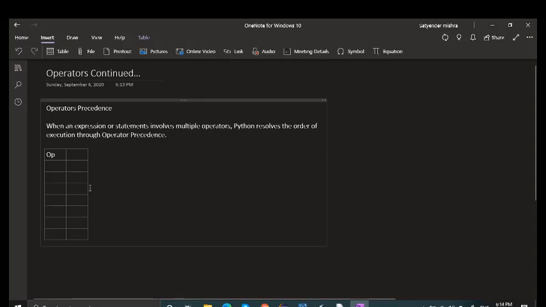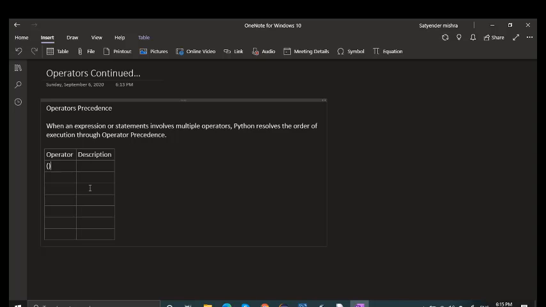Here I'm writing operator, and here I'm writing description. First is parentheses or grouping, then we have exponentiation. The third one is the complement operator. The next one is plus x, minus x, so this is positive or negative unary operator.